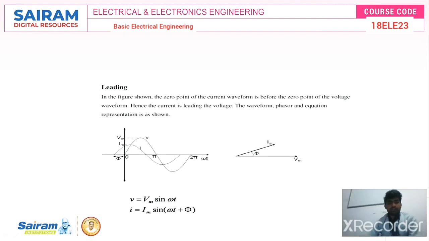Next, there is a leading phase. Current leads the voltage at an angle phi. In this current leading in the capacitor, the equation becomes V is equal to Vm sin omega t, I is equal to Im sin omega t plus phi, because current leads the voltage at an angle phi. See, the phi angle is here. So this is a leading phase from the phasor representation of alternating quantity. So finally, leading phase, lagging phase, in phase. In phase is for resistance, lagging phase for inductance, and leading phase for capacitance.